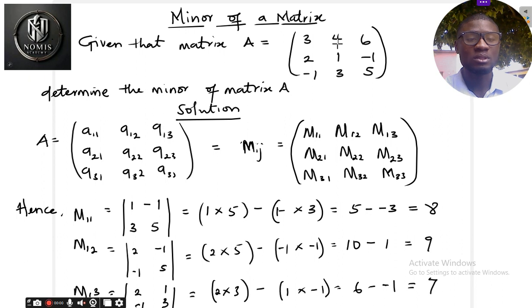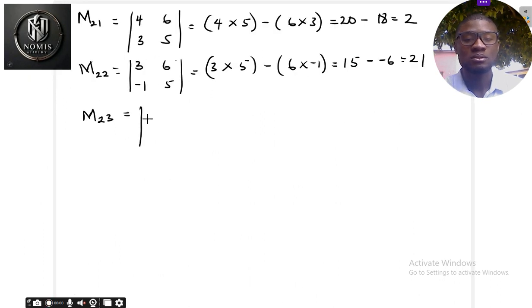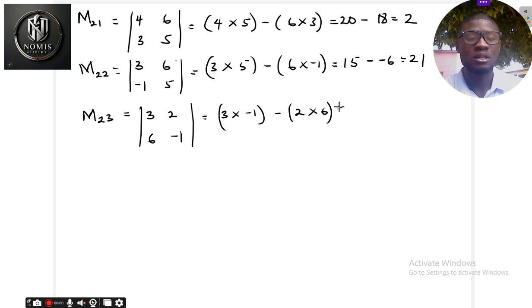So when row 2 is deleted and column 3 is deleted, we have 3, 2, 6, and minus 1. That gives us 3 times minus 1 minus open bracket 2 times 6. 3 times minus 1 gives us